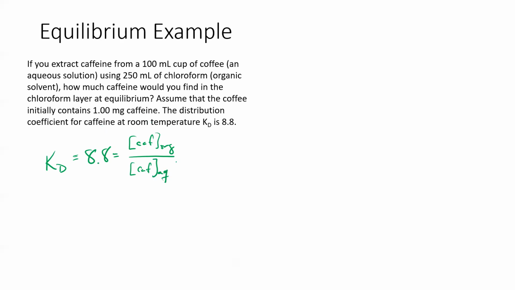Now they tell us that it starts with 1 milligram of caffeine, right? And so we can think about this as, let me do this over here. If the concentration of caffeine, AQ, plus the concentration of caffeine, organic,